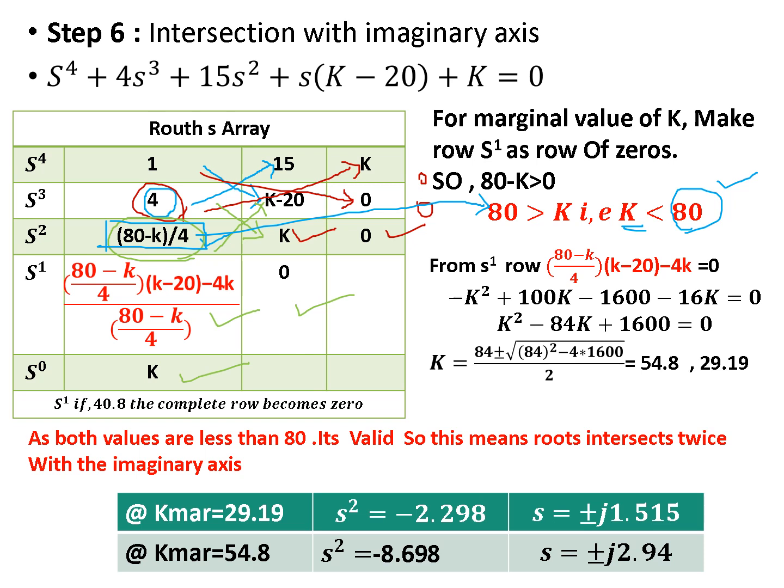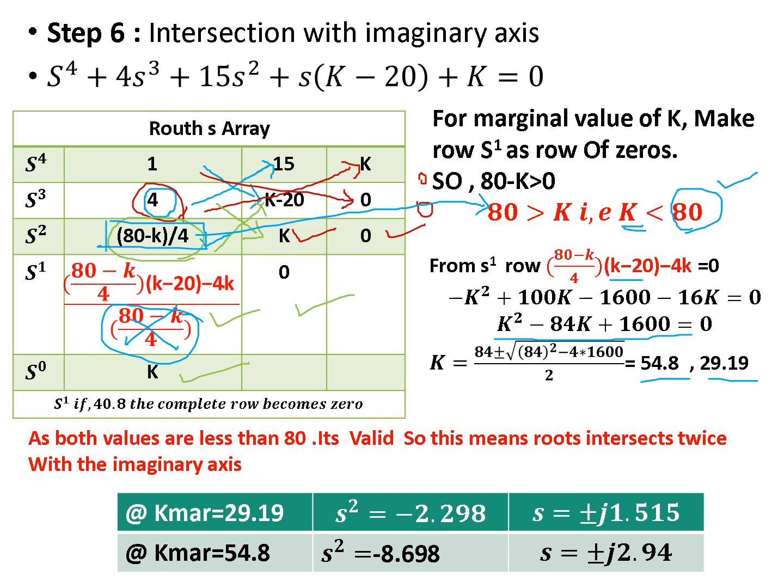Now in the s to the power of 1, when we consider this equation and equate it to 0, this whole term is 0. So what is left out? The left out is 80 minus k divided by 4, k minus 20 minus 4k is equal to 0. So when I solve this, I get a quadratic equation which says k square minus 84k plus 1600 is equal to 0. So when I use the formula, the values that I get is one is 54.8 and the other